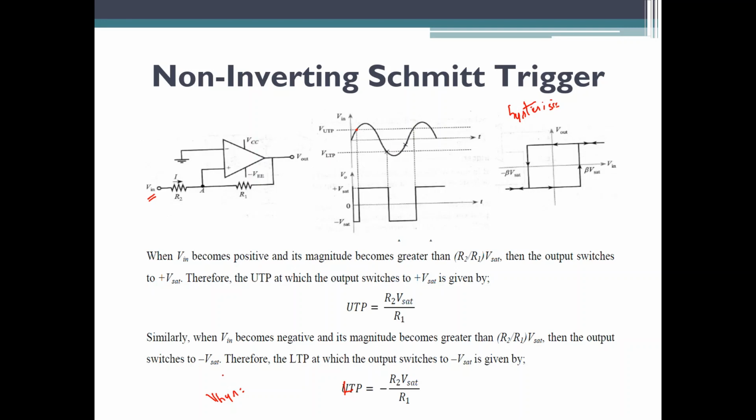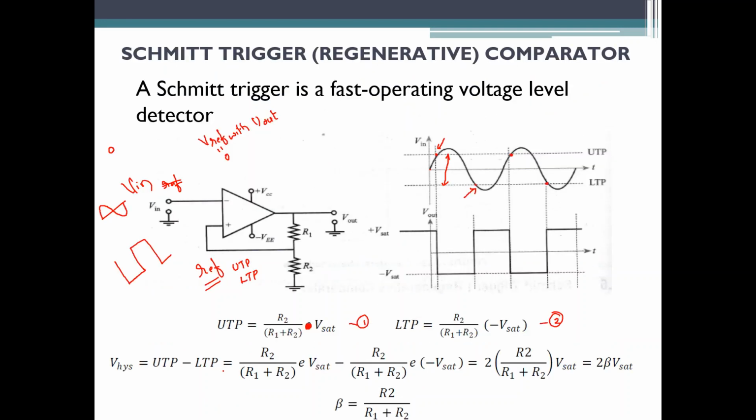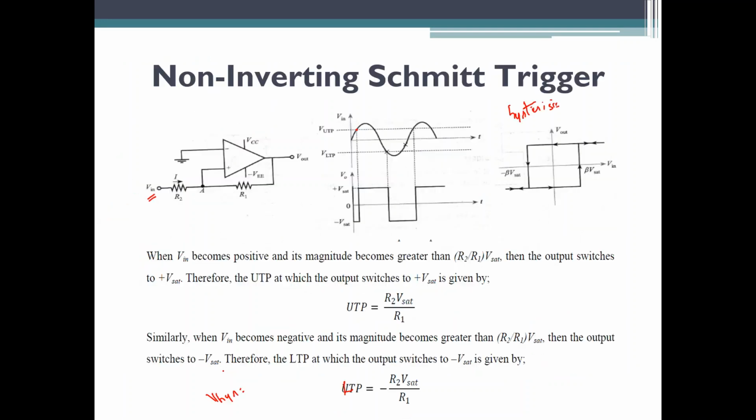So split trigger is basically a voltage comparator circuit which you can configure as inverting or non-inverting. In your inverting configuration, the input voltage is applied to the inverting terminal and the reference voltage is obtained from the output using a voltage divider network. Whereas in your non-inverting configuration, the inverting terminal is permanently grounded, and the input voltage is applied to the positive terminal, the non-inverting terminal of the op-amp, to which I am applying the reference voltage also.